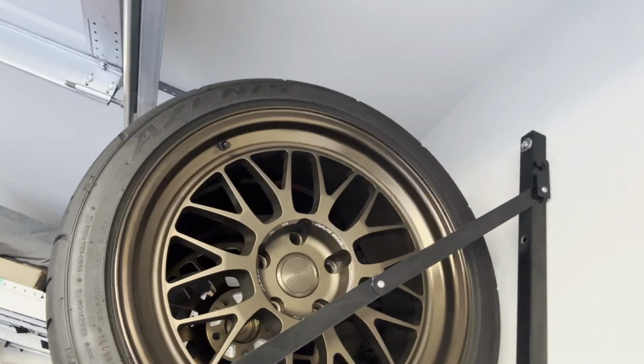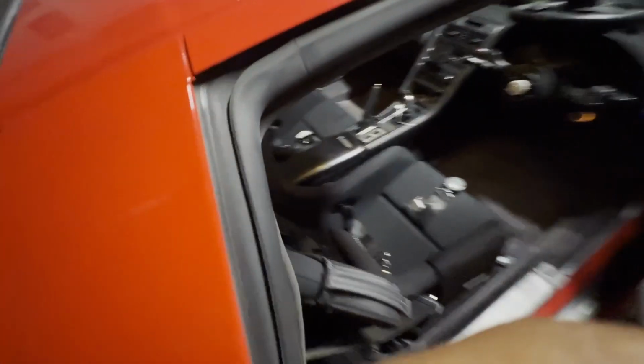But yeah, I can't wait to throw these back on for the summer. We got one more track day coming up in a few weeks, and then I'll probably shut it down for a little bit and then throw the summer look on and get back after it when it cools down. But hey, everybody's probably interested in